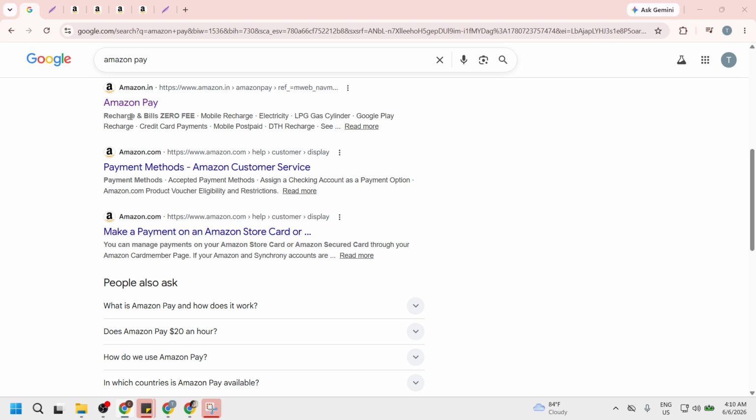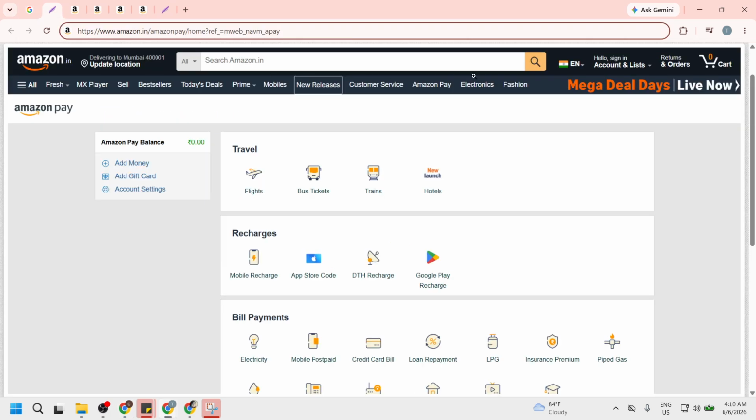To begin, open your web browser and search for Amazon. Once you see the official Amazon website in the search results, click to open it. If you already have Amazon bookmarked, you can go there directly instead. The goal here is simply to get to the main Amazon homepage in your browser.